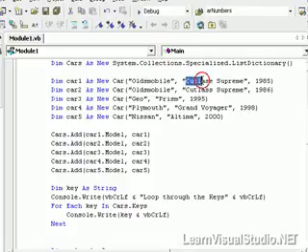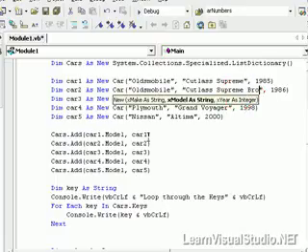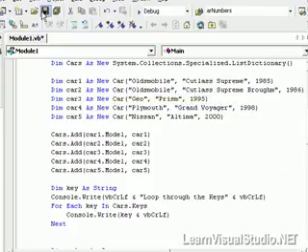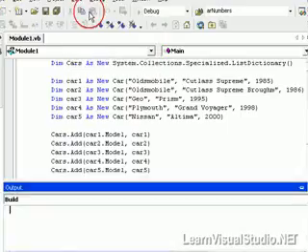And the problem is that I have 2 items with the exact same key to be added to my collection. So let's back up and take a look at what we have here, and notice that we're using the model to add to our collections, and the only thing that differentiates these 2 Cutlass Supremes are the years. So these 2 are not unique, and we can't add them to our list dictionary. So what I'll need to do is add on that this was a Brougham model, and then we will try it again. Let's go and build our solution,